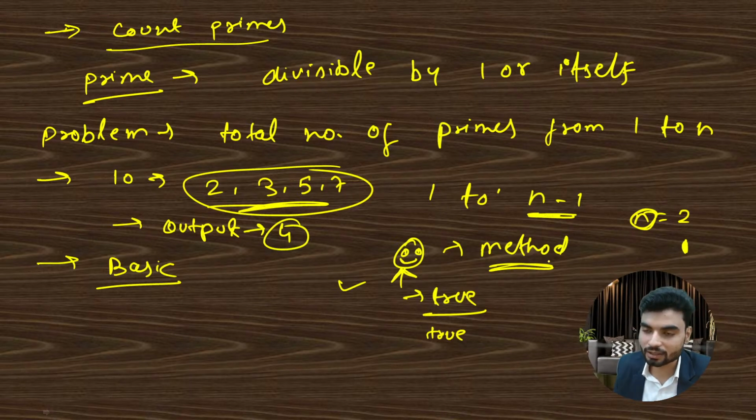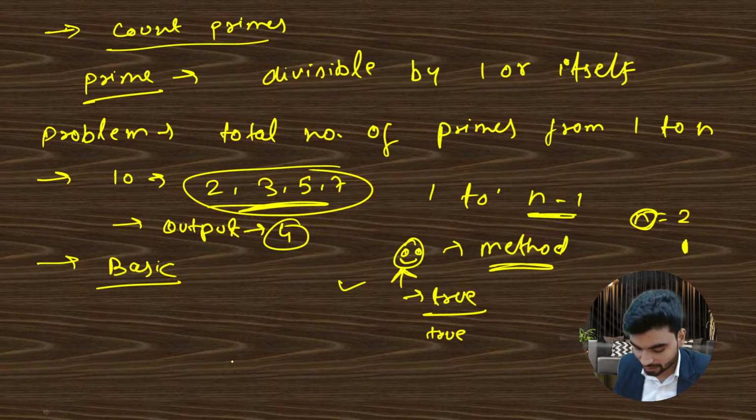And this is the only reason this problem has been asked in multiple companies. Why? Because here's a trick. Everybody will think about this basic logic, they'll read the problem, they'll understand, they'll figure out this solution, but this solution won't work. It will give you a time limit exceeded problem. So solution number 1 will not work. It will work for some cases, but for other cases when n is very large, we will get time limit exceeded.